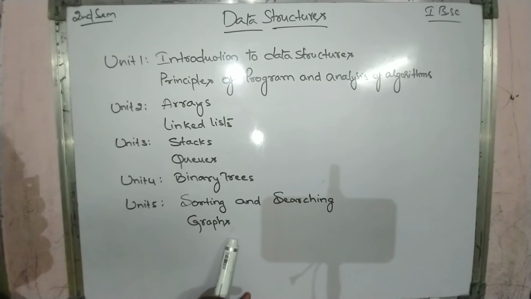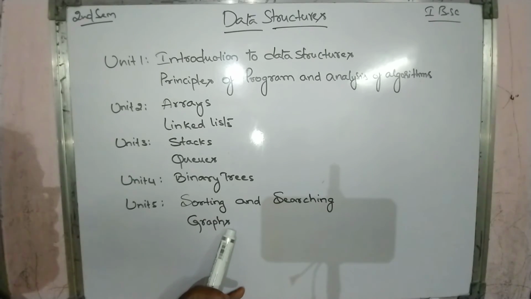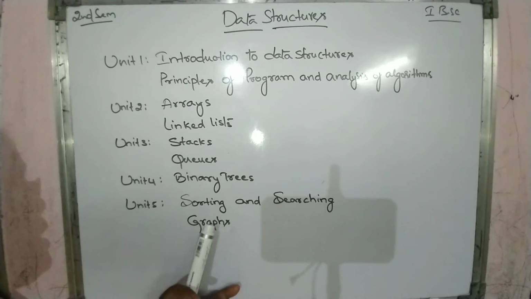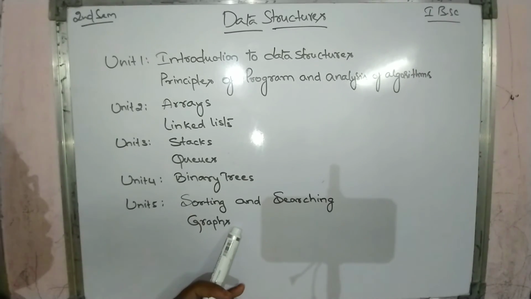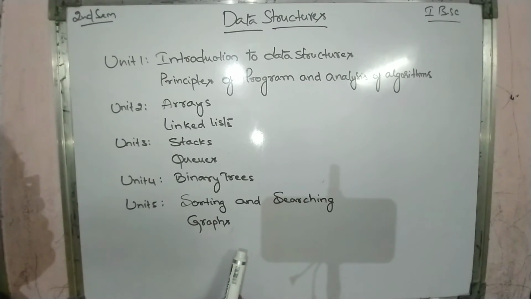And next we move to graphs. Graph. In this we are going to learn about what is graph, the terminologies of graphs, and the traverses of graphs. Here in this the traverses are DFS and BFS. That means depth first search and breadth first search. And we also learn about MST. MST means minimal spanning tree.